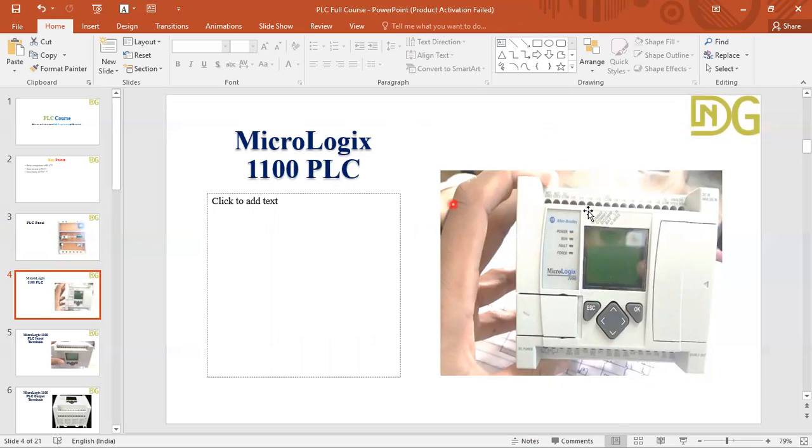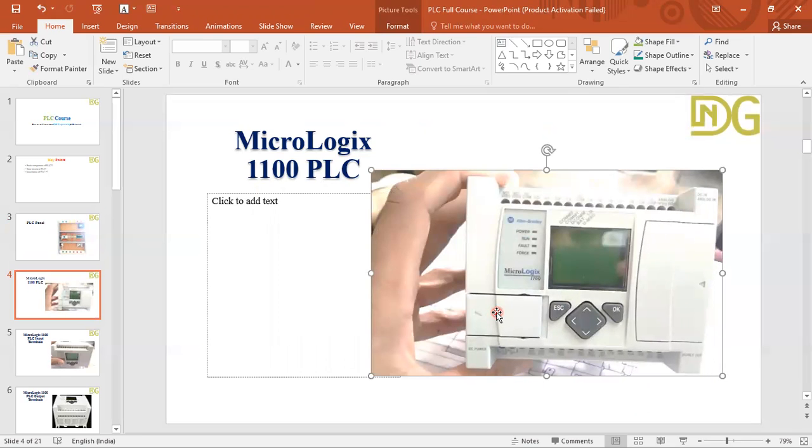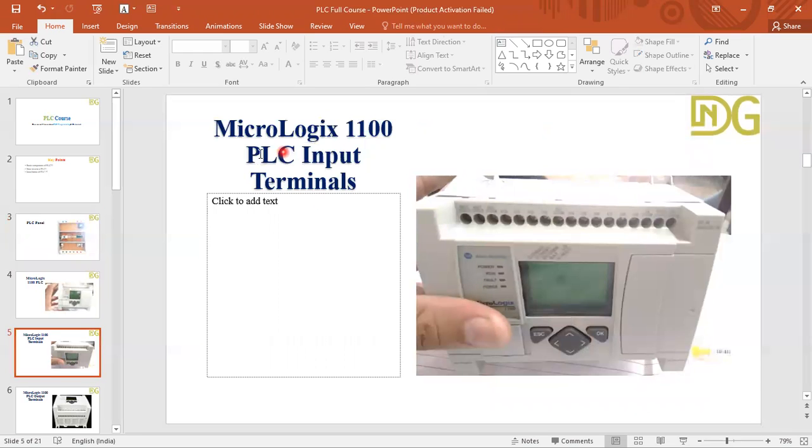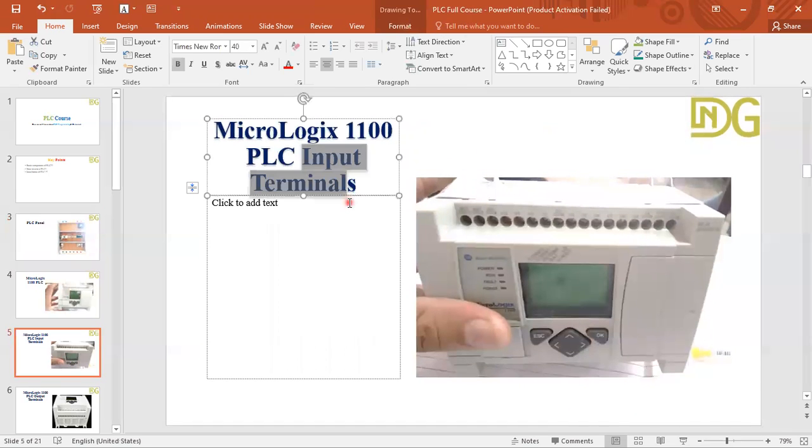This is a MicroLogix 1100 PLC, and these are our input terminals, which are used for connecting the input devices.